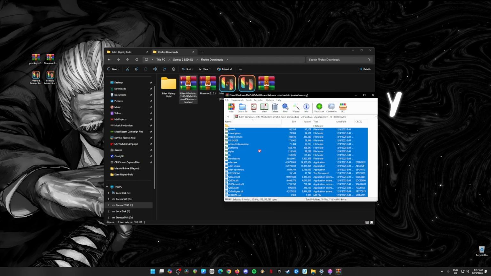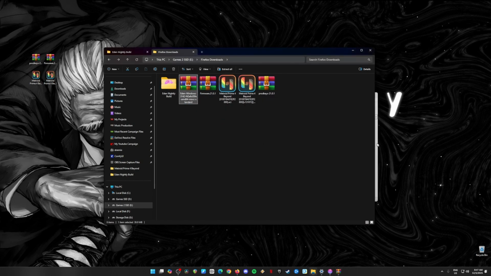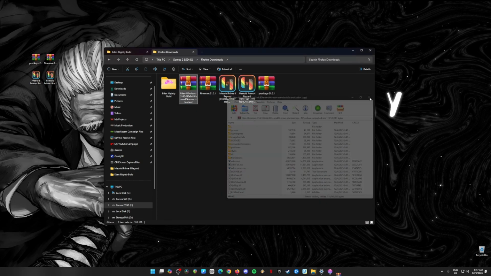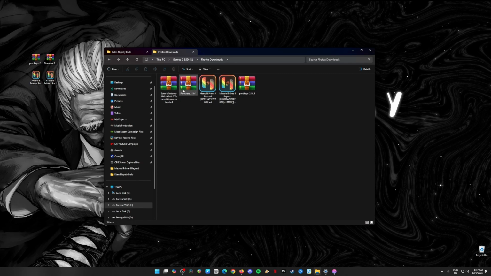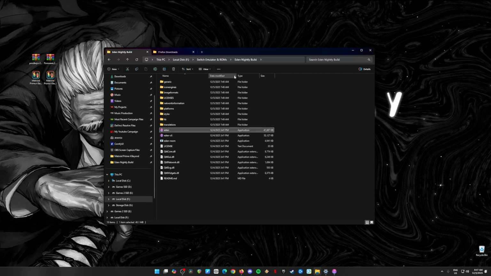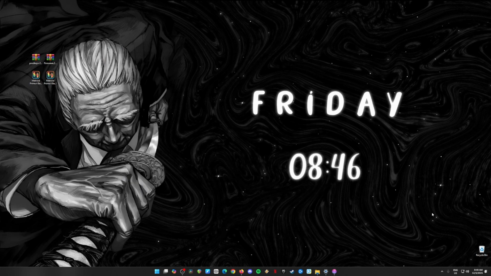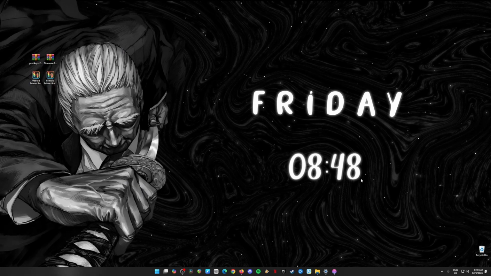Then select all the files, drag and drop them into this folder here, and I'm just going to close the zip file. Then open the folder, double click on the Eden application file to run it. I'm just going to delete this because I have already installed mine, where I have all of my Switch emulators, XCI files, and firmware files in this drive. So go ahead, open the Eden Emulator that you have